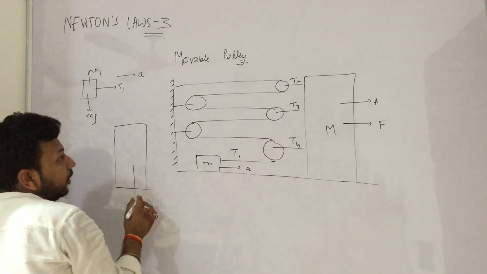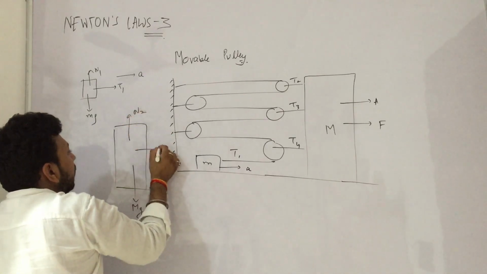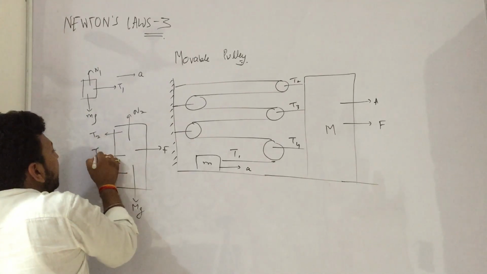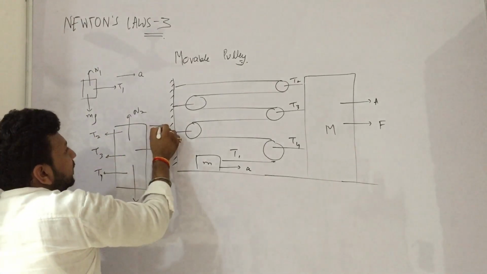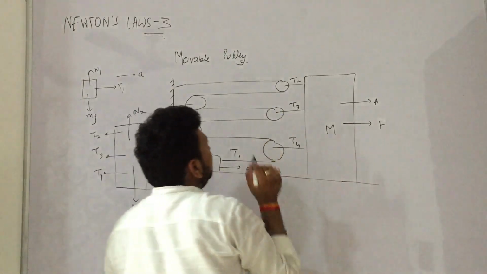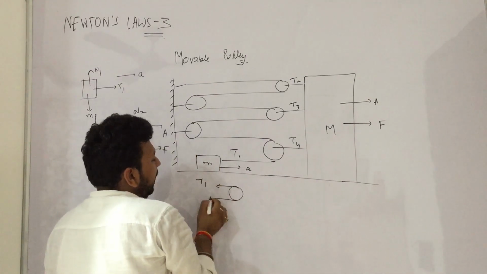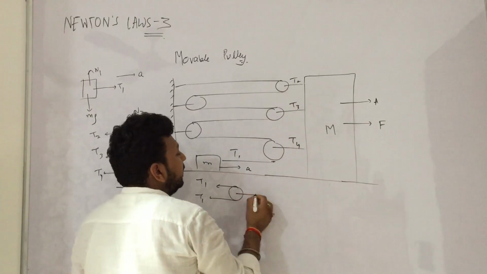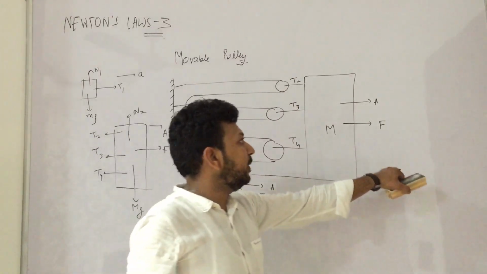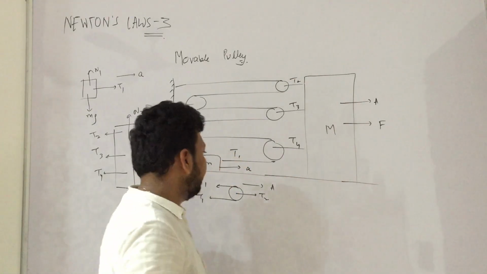it is capital Mg, N2, F. Now behind it are T2, T3 and T4. Acceleration is capital A. If you consider all these pulleys, we have T1 and T1 and T2. Acceleration will be capital A, as I discussed. If I move it by 1 meter, they have to move by 1 meter, because they are directly attached to it, so acceleration is the same.